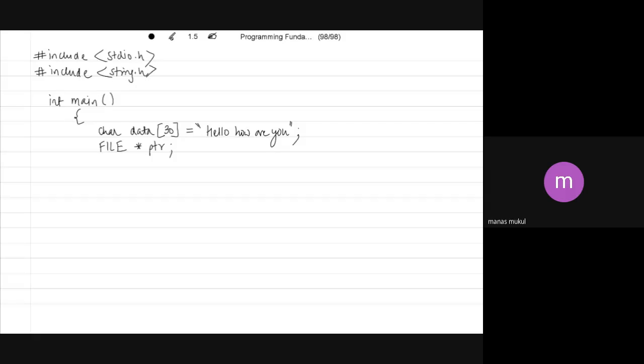Now I need to open a file, right? So I need to take this PTR, because this is the pointer variable where I'll be storing the address of the file which is opened, and I will be using the fopen function. Sorry, there's some mistake here. So it's fopen, right? This is the name of the function. This accepts two arguments. One is going to be the name of the file which is going to open. So let's say my file